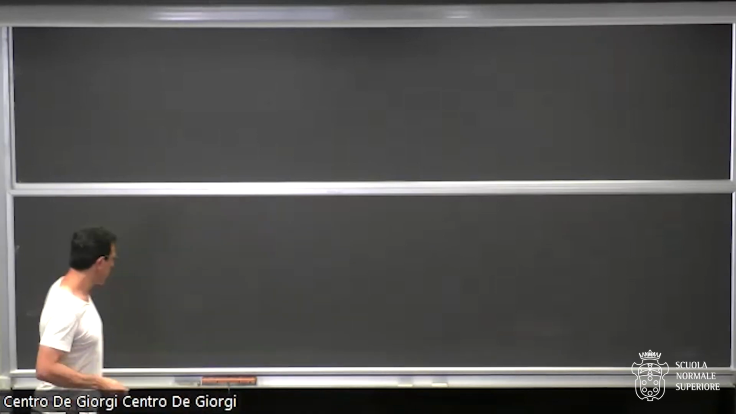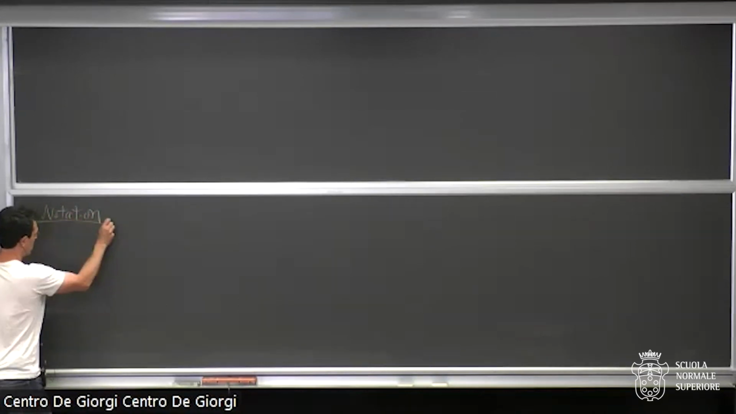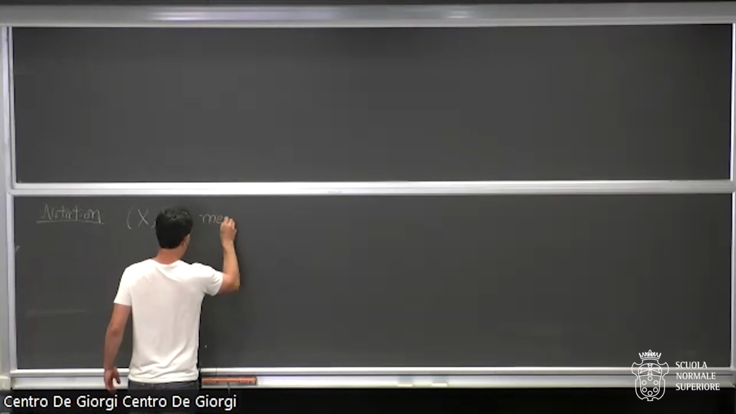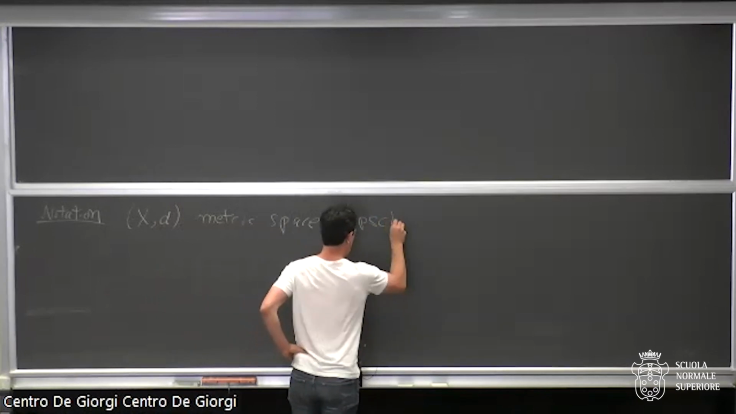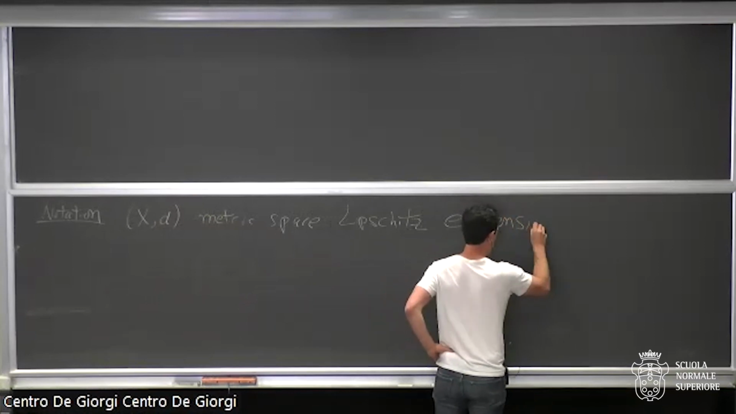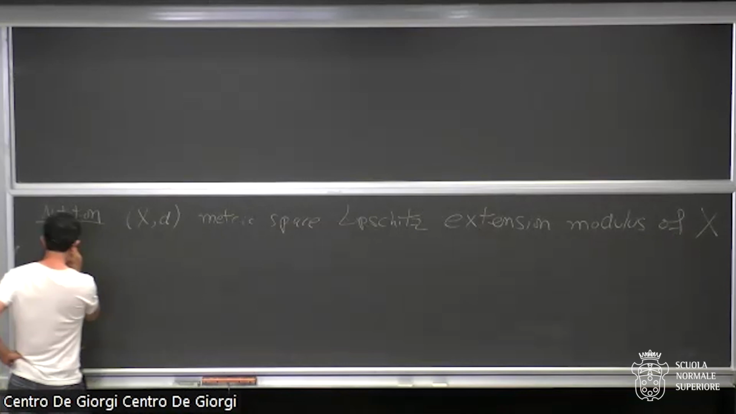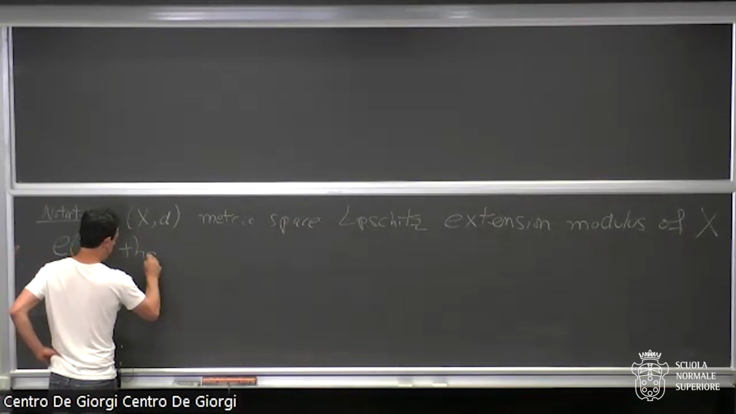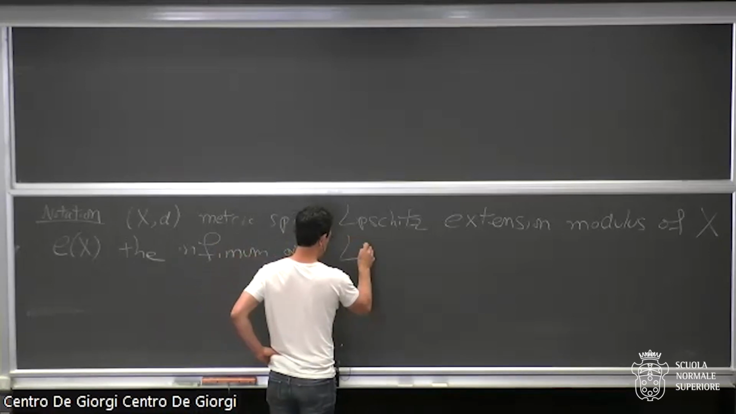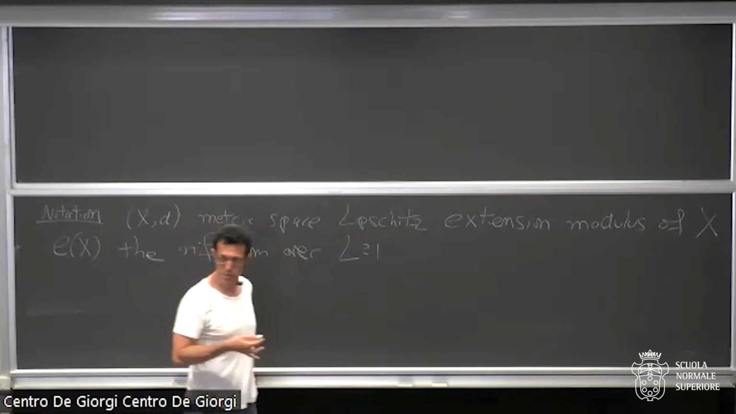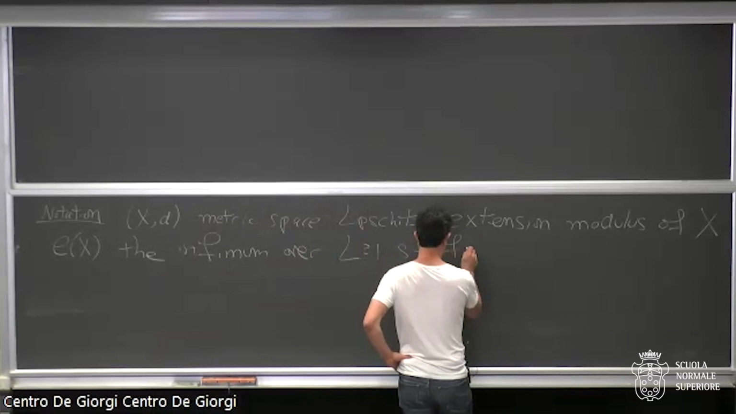But I'm going to start with the original formulation, which is classical. So this is the notation and terminology. If you have a metric space, then you can associate a number to it, which is a bi-Lipschitz invariant. It's called the Lipschitz extension modulus of X, which is denoted E of X. And that's the infimum over all the numbers L, usually there is no such L, such that, okay, so now for any subset